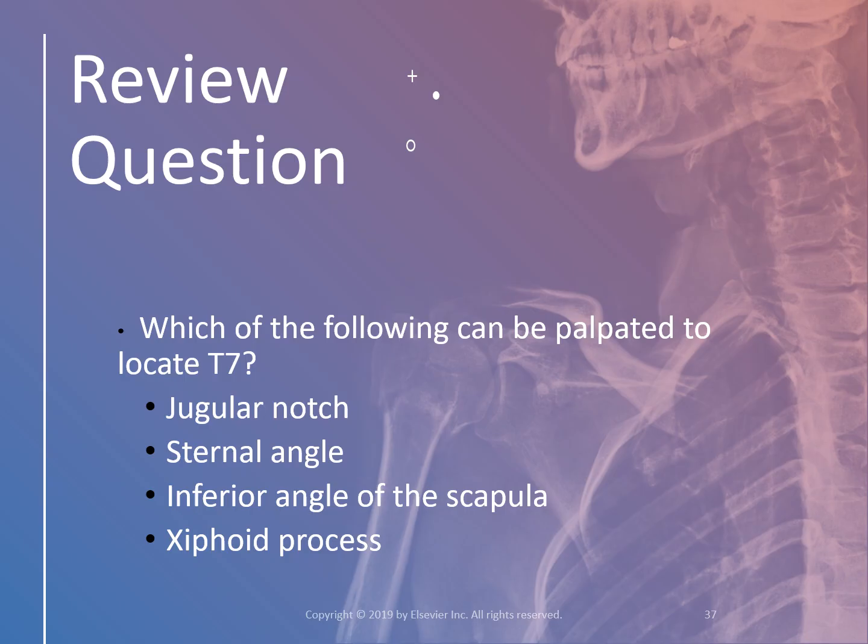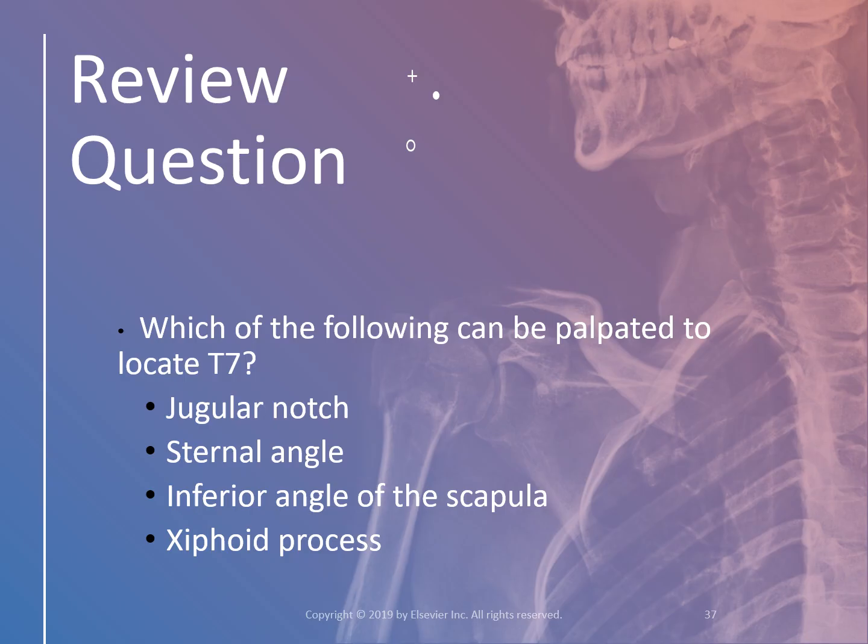Which of the following can be palpated to locate thoracic vertebrae number 7? Pause for dramatic effect and allow the students' brains to contemplate. Perhaps they're taking notes on the lecture and they can just review the last page because we did cover this just a little bit ago. The correct answer is